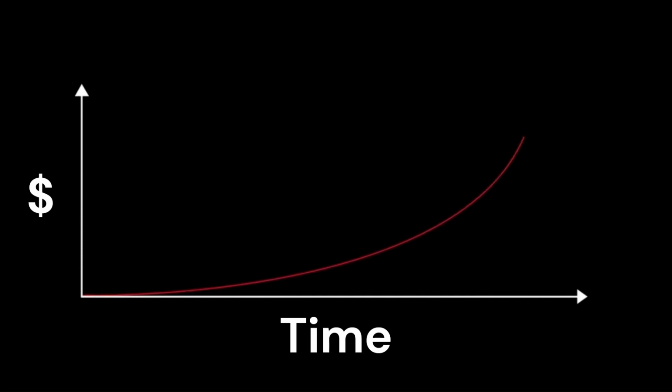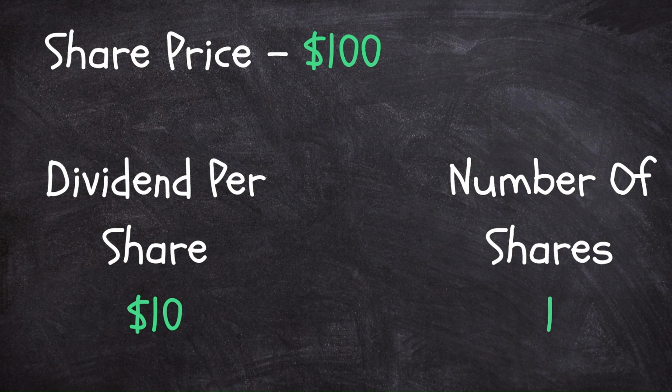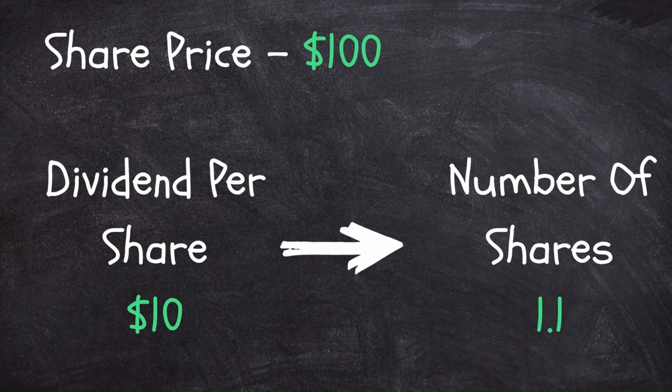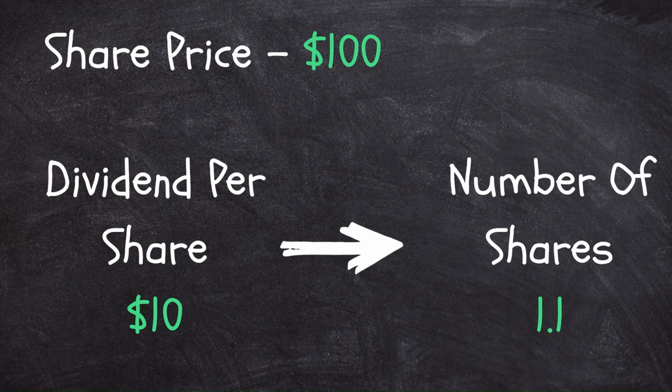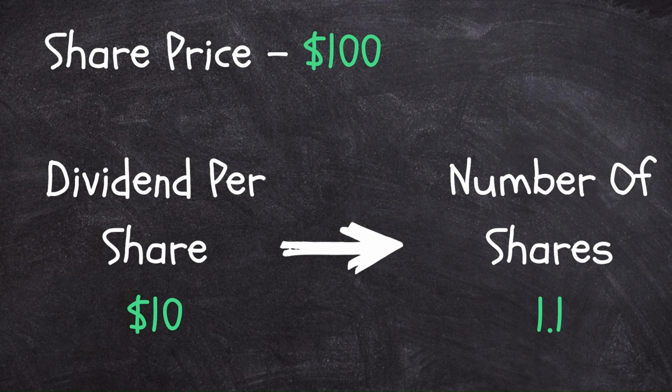And this is why compound interest is so valuable, because given enough time, the interest you make on your investment will exponentially increase. Now, how can we put this into practice? Well, we can take advantage of compound interest through dividend investing. Once we have a share of a stock that pays a dividend, the income we receive from the dividend will be invested back into the stock as more shares. Therefore, when the next dividend payment comes in, we will earn more money than the previous payment.